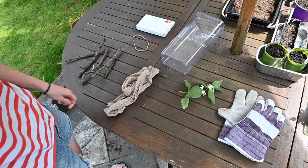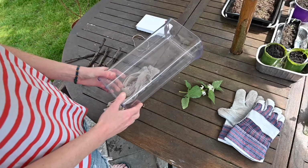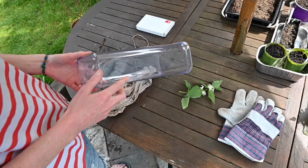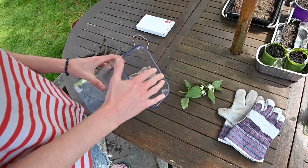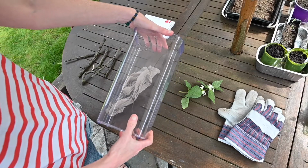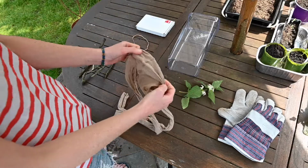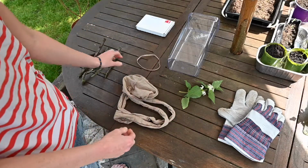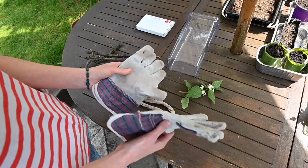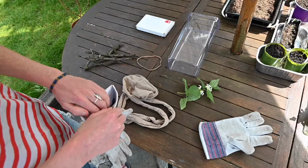Okay, so this is basically everything you need to take care of the caterpillars. You need some kind of see-through container. You could use something like this, a plastic cereal box, or even a glass vase would work perfectly fine. Just something that has an open top and preferably something that's got a little bit of height on it as well, so the caterpillars can move around. Just a pair of old tights, elastic band, a few twigs, some thick gardening gloves,